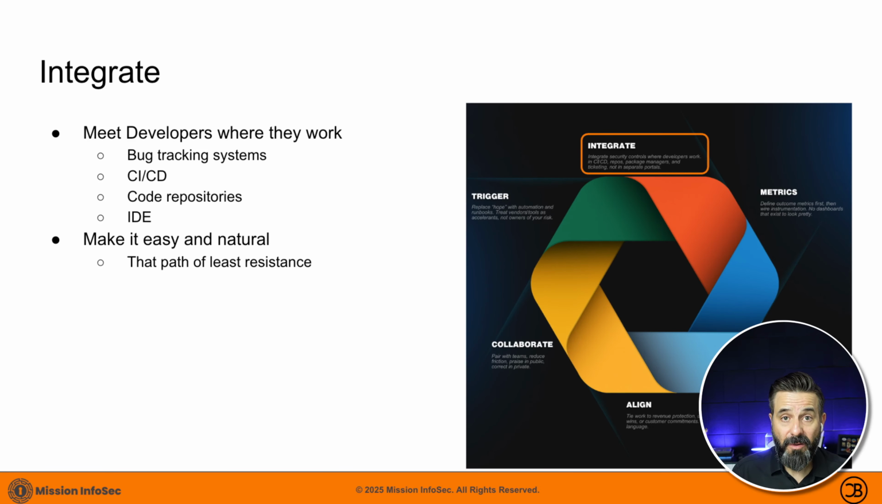It's greater resistance because they have to leave what they're doing and what they know and how they get their work done. So what's better is to meet them where they are, which means use the bug tracking systems that they're using, use the requirements tracking systems that they're using, integrate in continuous integration and continuous development, CI/CD. So build your security scans into their pipelines, go to their code repositories, integrate there, and go to their development environments, their development tools, and make sure that you integrate there. So this is all super critical,